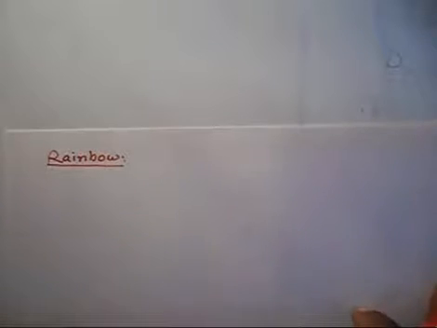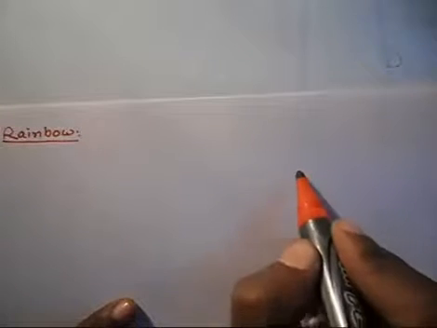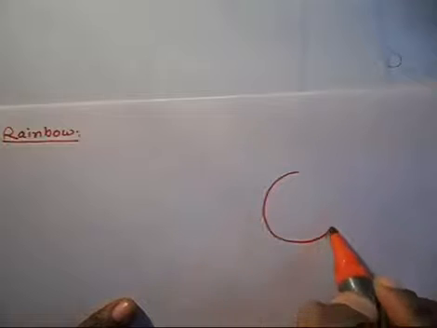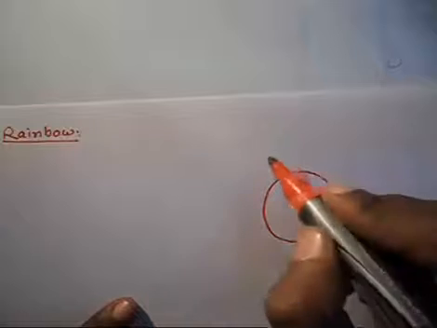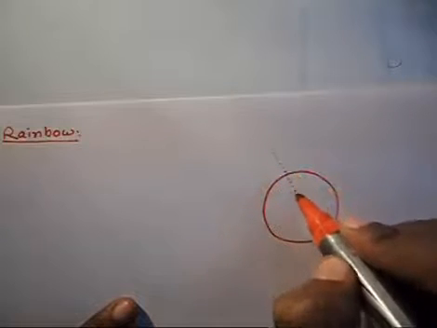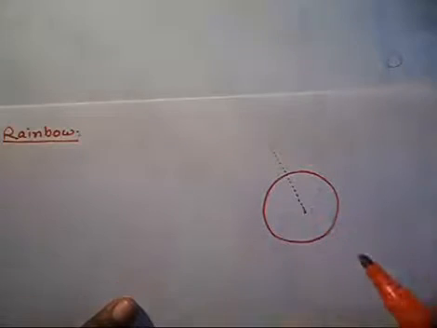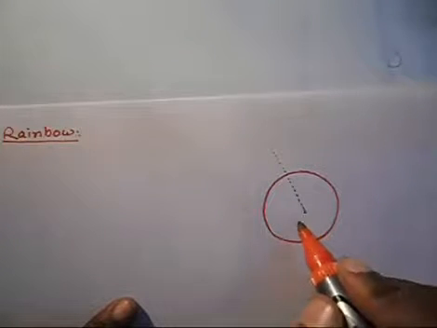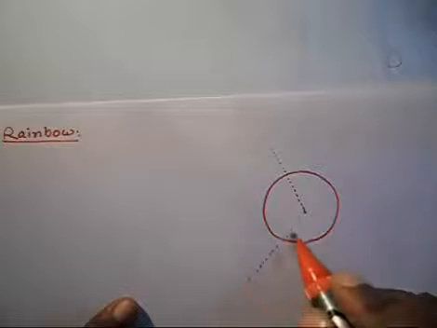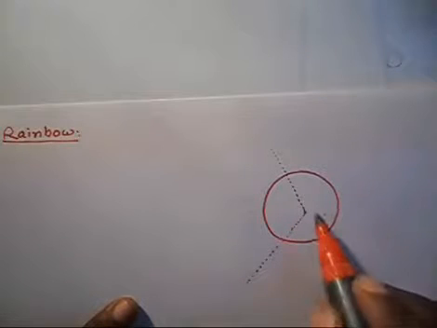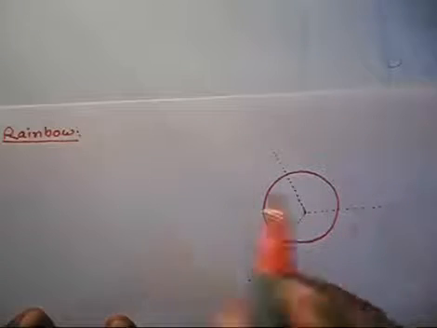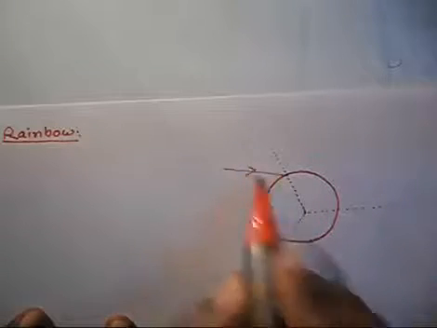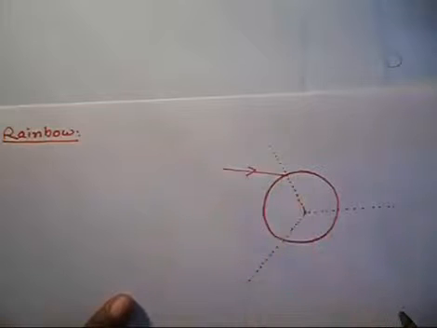Now what we have, let us first draw the diagram. We have A. So here I have a diagram. So this is a raindrop. Now I have one normal going something like this, another normal that goes something like this. So you have to make the diagram, and one normal is something like this. So let us say a light ray is incident at this point and angle of incidence is given, so